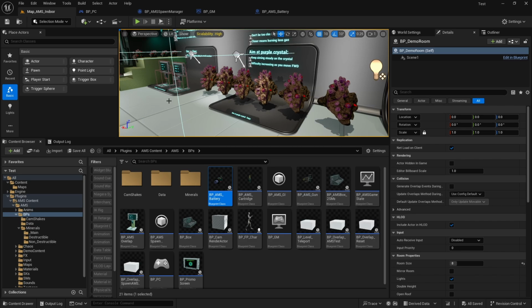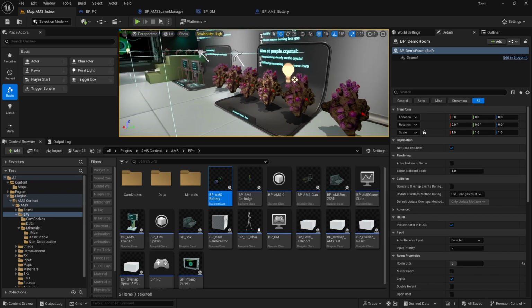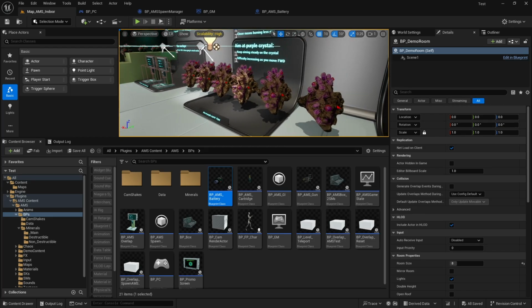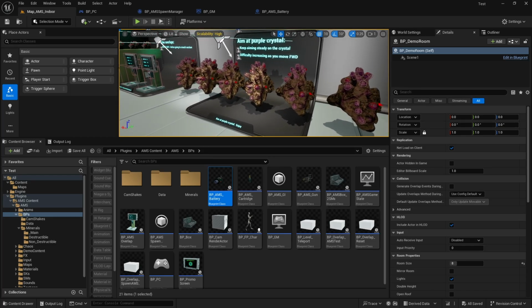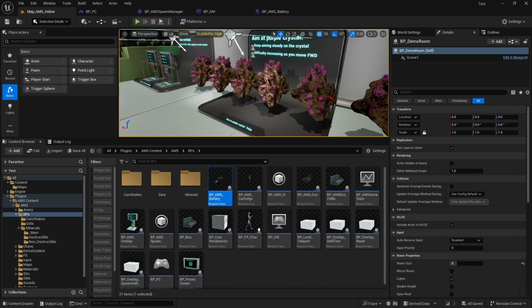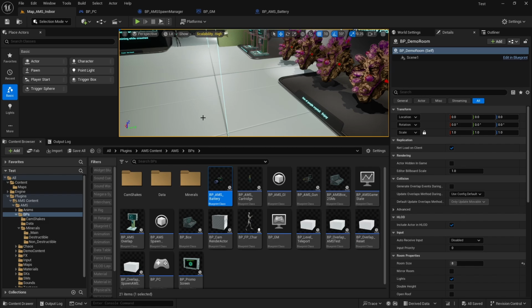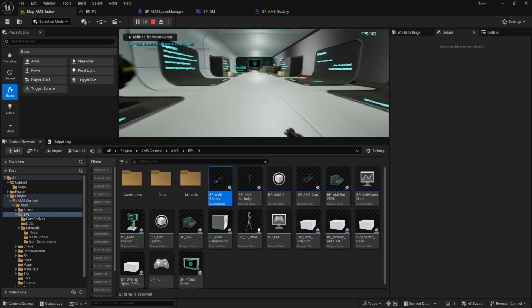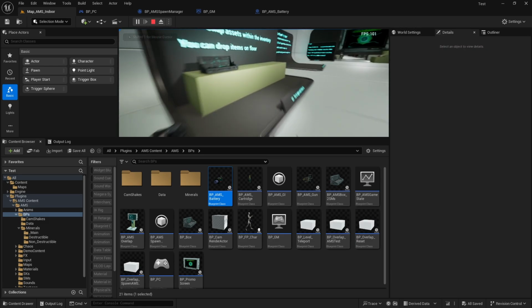When is this system to be used? Well, when we deal with something like a mineral, that's a perfect case where this system is absolutely fantastic. We just drag and drop it, we harvest it, and we get a pop-up in the widget, and that's it. Now here in the widget, let's say we pick up a battery,